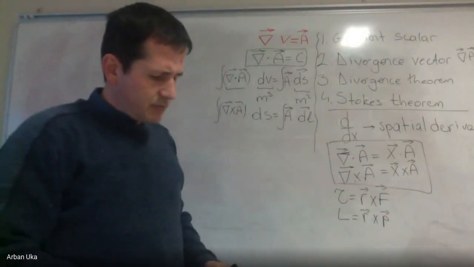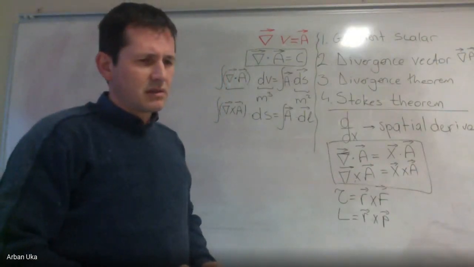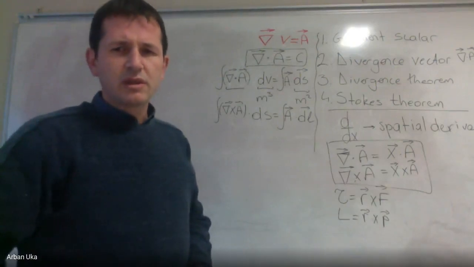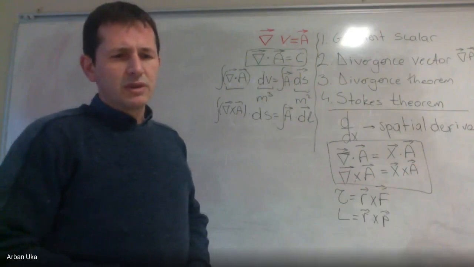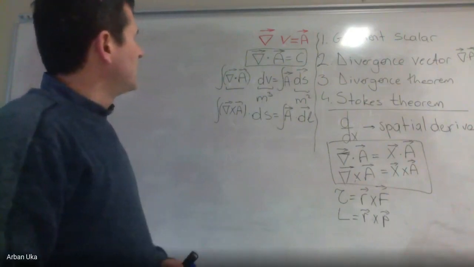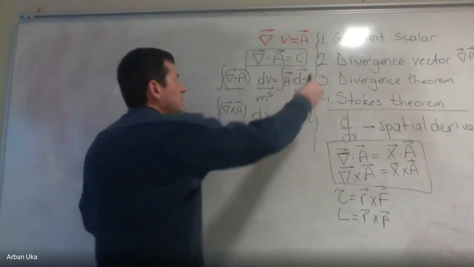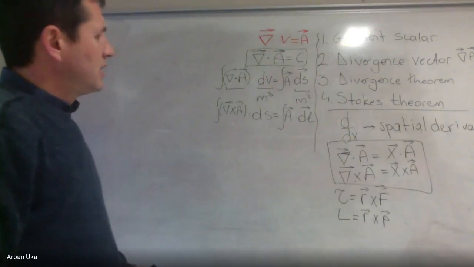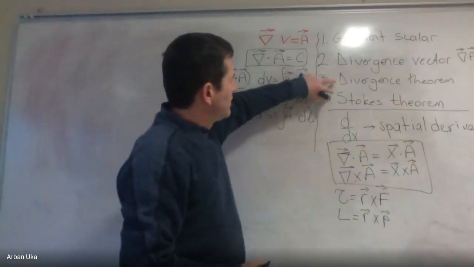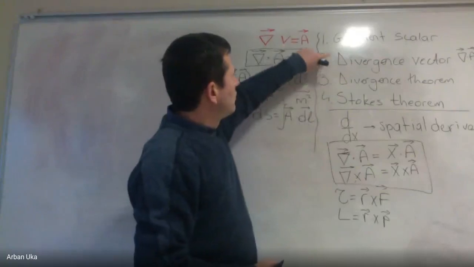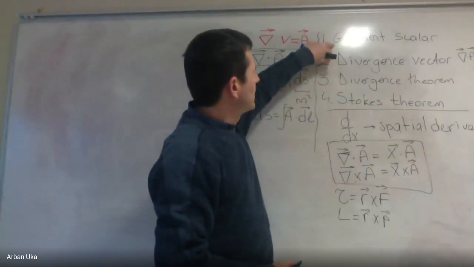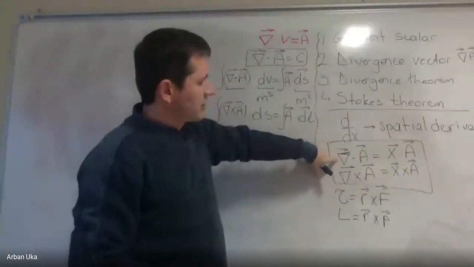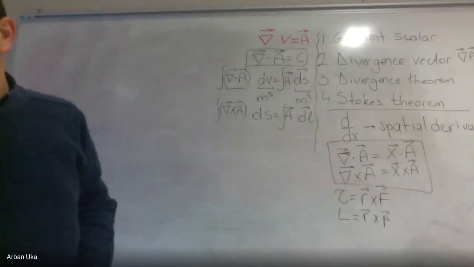The next possible engineers that get a comparable knowledge in this area could be the civil engineers that deal with fluid dynamics. So these are the four main points that we are going to cover for now. But before we cover the details, we need to go over some examples of the gradient of a scalar, the divergence of a vector field, and the curl of a vector field. And for the moment, let's